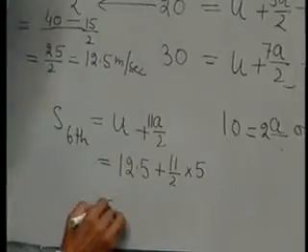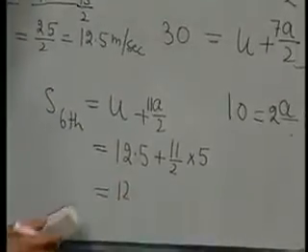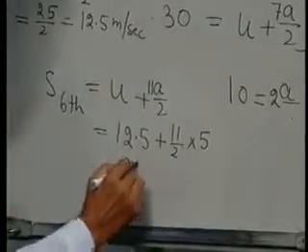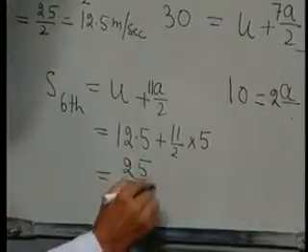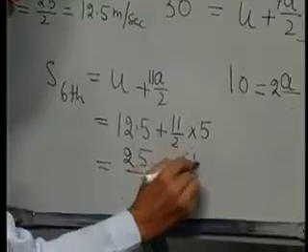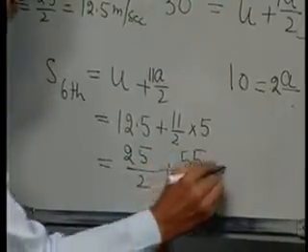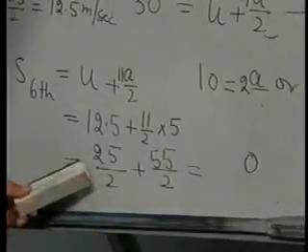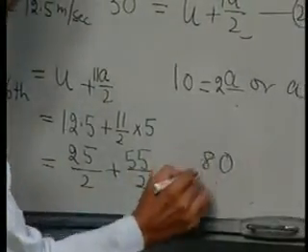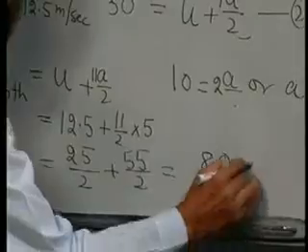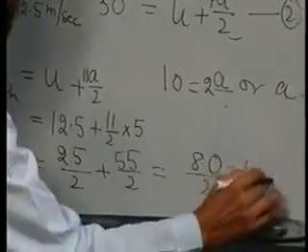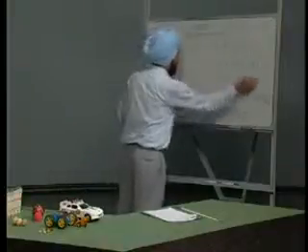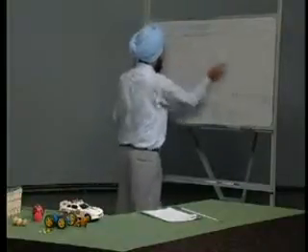So, we have 12.5 or 25 by 2, 25/2 plus 55/2, 80/2 or 40 meter. So, S6th, the distance travelled in the 6th second,